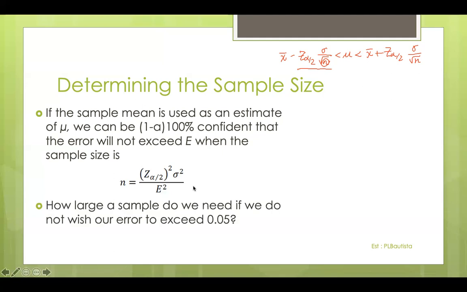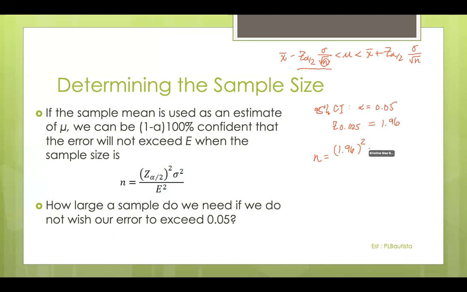Going back to the previous example, assuming we have a 95% confidence level, how large a sample is needed if we do not wish our error to exceed 0.05? Again, if we assume 95% confidence, then your alpha would be 0.05 and z of 0.025 would be 1.96. Now, plugging all of this into our formula, you will have 1.96 squared